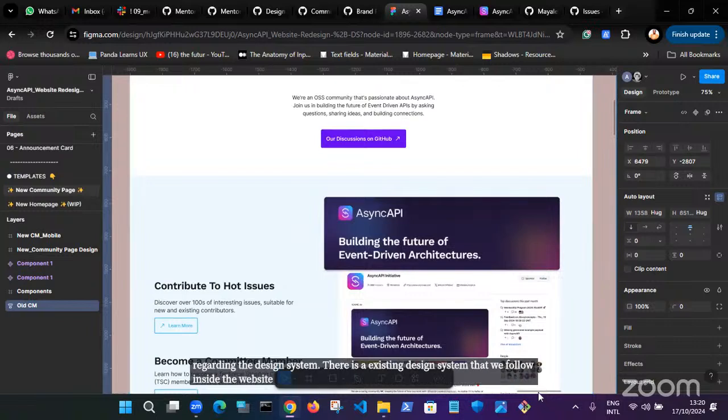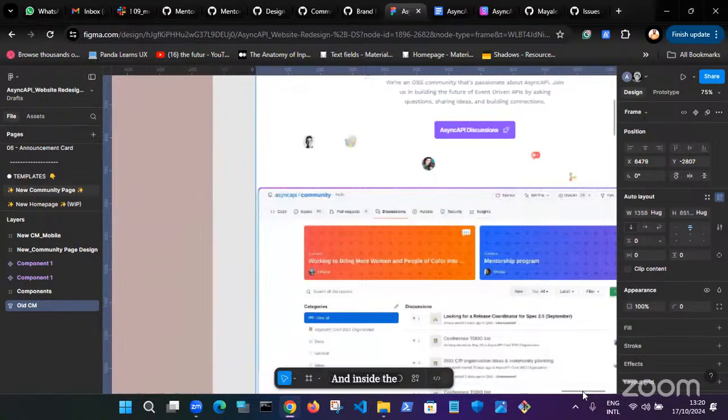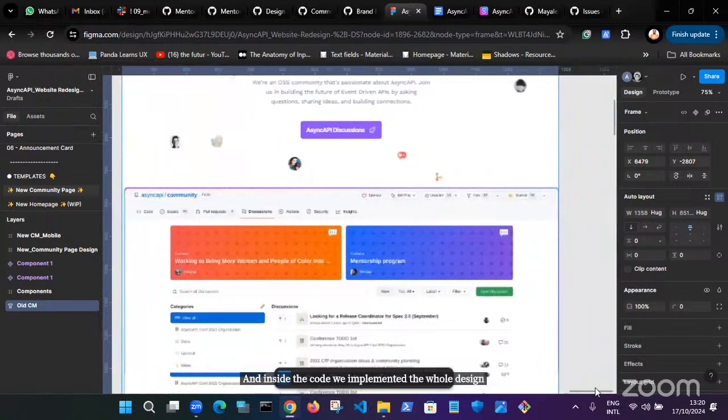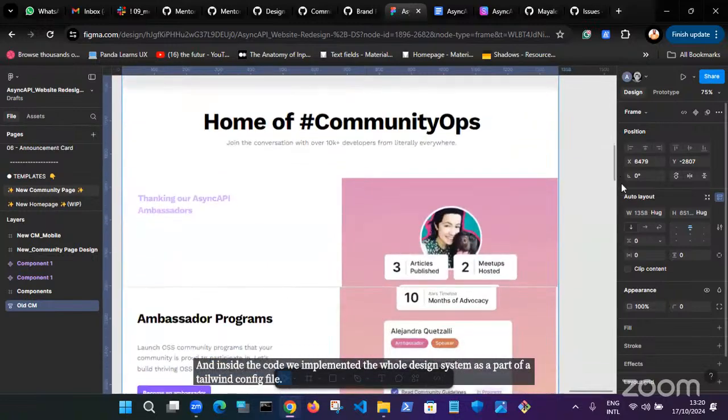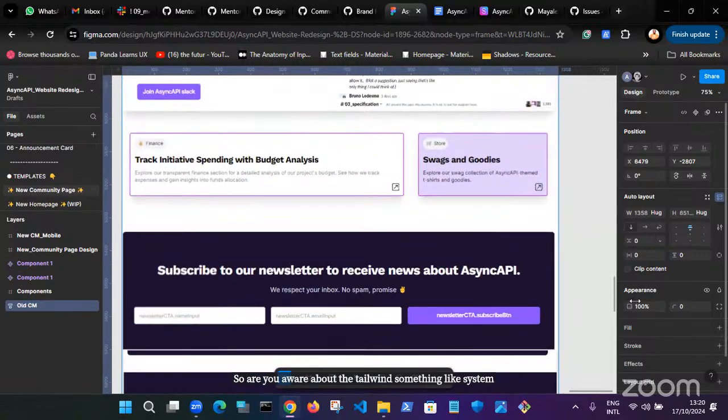Sorry, that particular Figma file, I'm not sure I have it. It's with Missy previously, and inside the code we implemented the whole design system as part of a Tailwind config file. So, are you aware of Tailwind, how we use the colors, something like that, Maya?